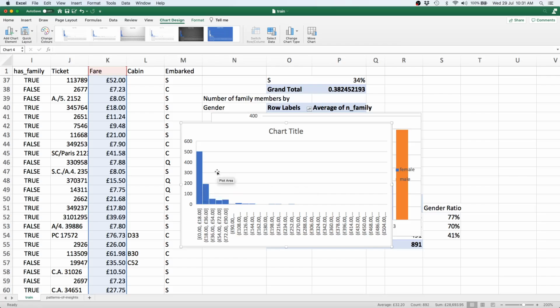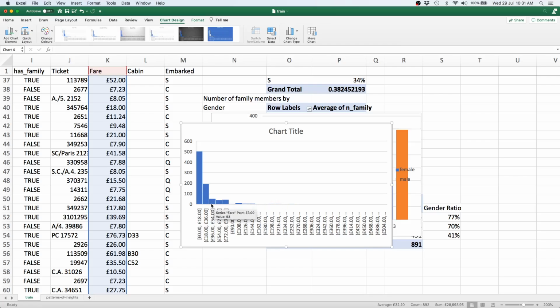But this is definitely somewhat abnormal because you would expect the curve to fall, obviously, because a lot more people will be paying for cheaper tickets, and a lot fewer people would be paying for more expensive tickets. But you wouldn't expect the curve to fall so quickly. You would probably expect it to fall a little more smoothly. Essentially, what this means is that there is this one slot of tickets which has 500 people, and the second slot has less than half that amount, which doesn't make too much sense.